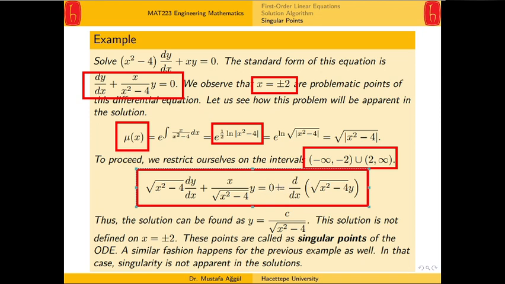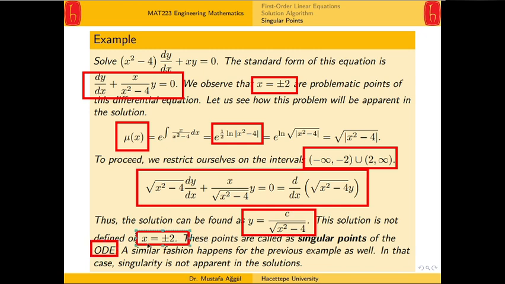If we take the integral on both sides, the integral of 0 is some constant, c, and here we have root of x squared minus 4 times y. If you solve for y, then you will end up with this solution. Okay, so this is the general solution. Now let's see what's happening for x equals plus and minus 2. If you substitute that number, you'll see this function is not defined as well. Okay, so these points are called singular points of the ODE, and